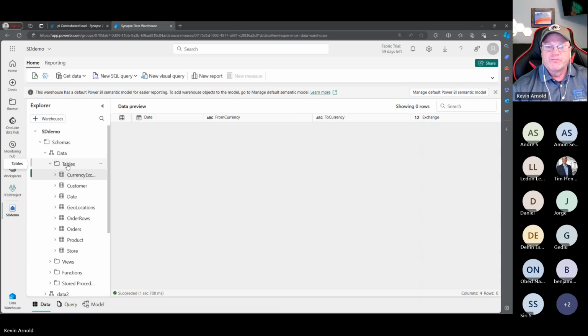There we go. All of our tables have showed up, but they're empty because all my database project has is the kind of metadata around what I want my database to look like. So those could be tables, stored procedures, functions, whatever.